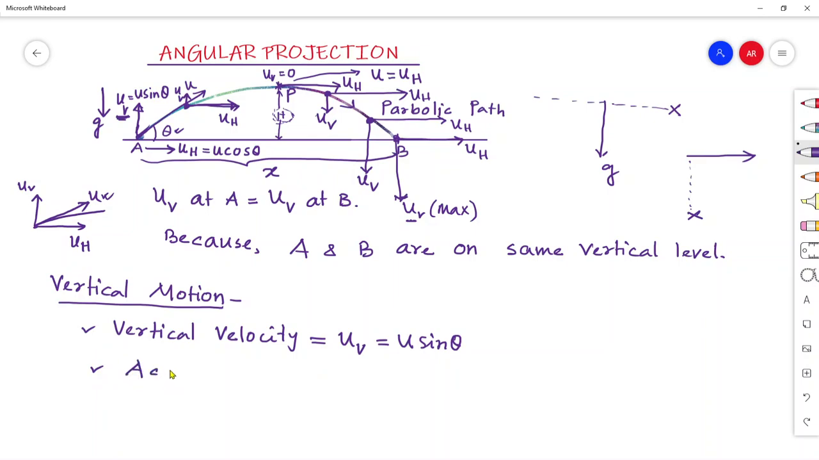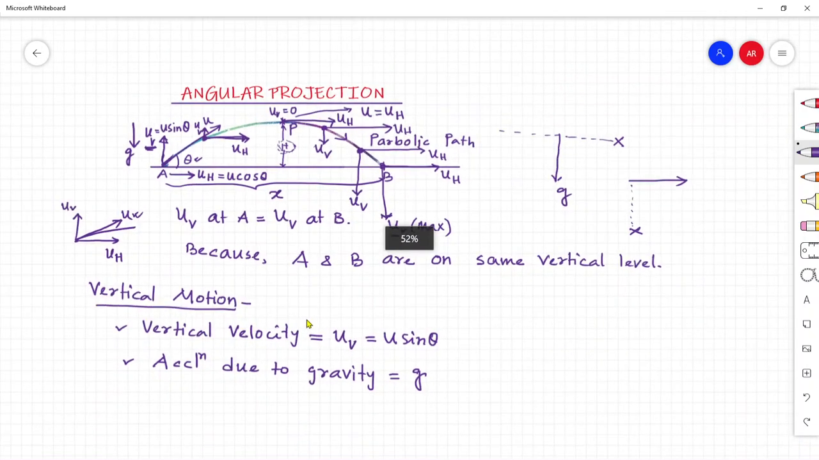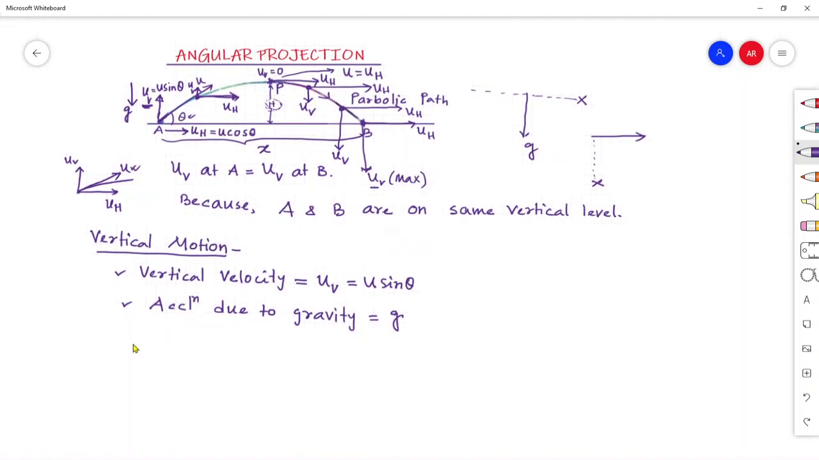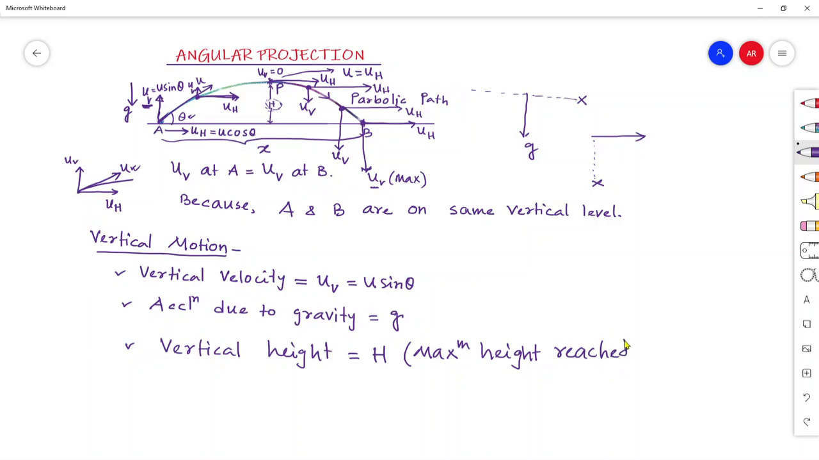We can consider the acceleration due to gravity, which is vertically acting. So acceleration due to gravity is g, which is 9.81 for this planet Earth. If it is somewhere else, we have to take that g. Then we can consider the vertical height, which is big H. This we refer to as the maximum height reached by the projectile,